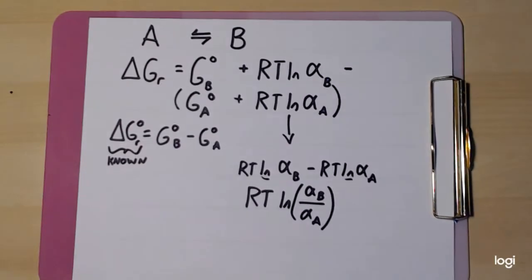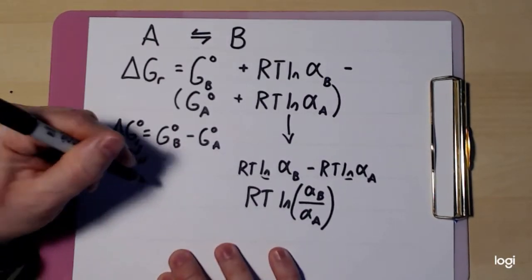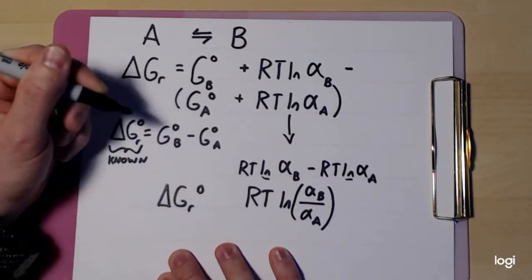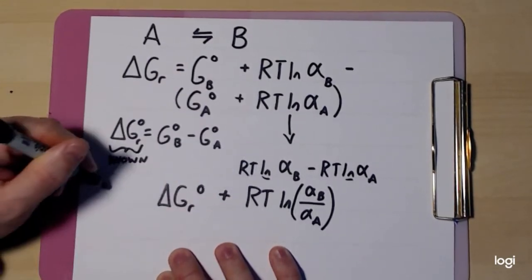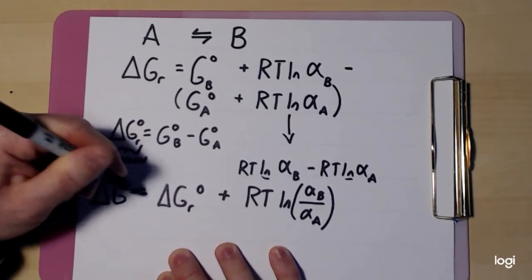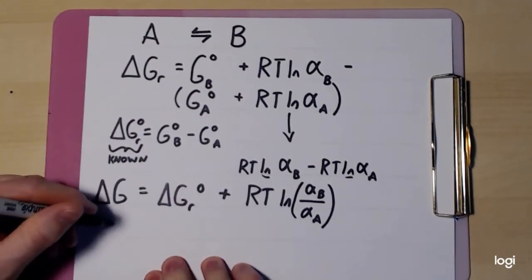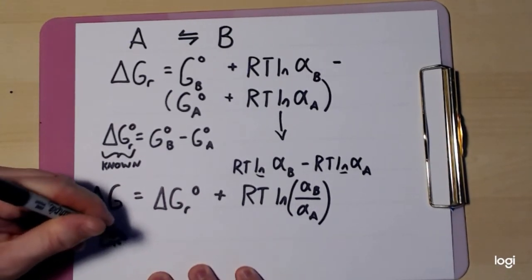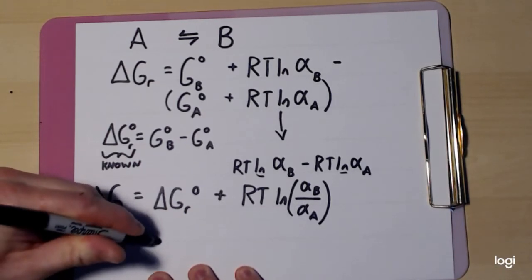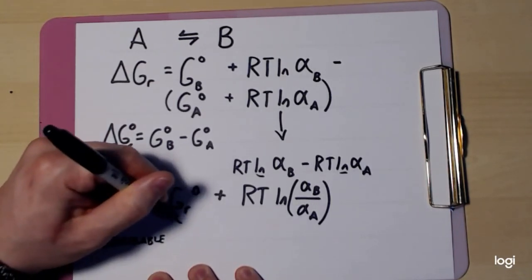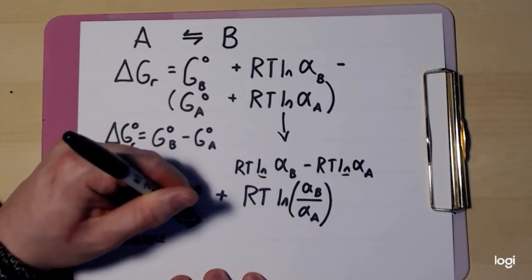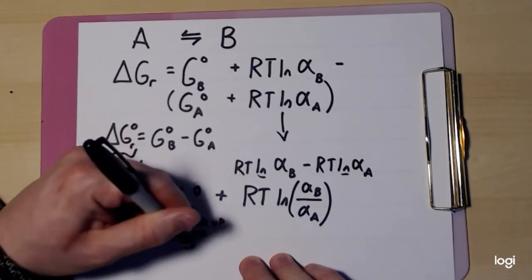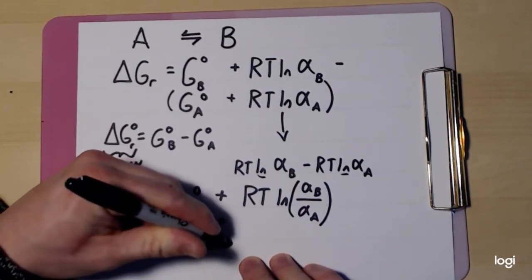So now we have the standard Gibbs free energy of the reaction plus RT log of this thing that's being divided here, and that equals the Gibbs free energy of the reaction. And so you can see the Gibbs free energy of the reaction at any concentration, at any temperature, for the system is calculable. Simply by looking up the standard free energy or calculating the standard free energy, feel free to calculate it, and then using this kind of fudge factor term that's after this, the RT ln of whatever this